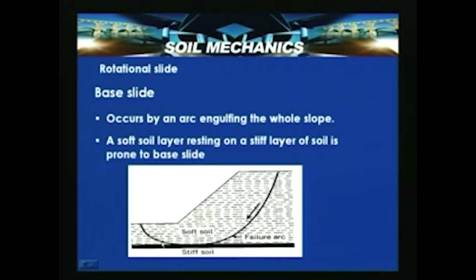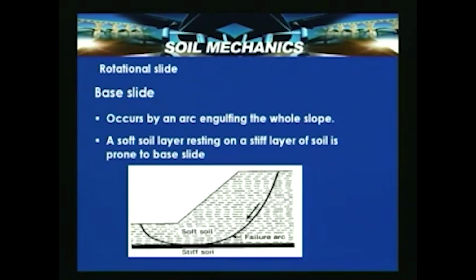Let us look at how the base slide failure can take place. This is one of the types of the rotational slide. Base slide occurs by an arc engulfing the whole slope, and this can occur when there is a soft soil layer resting on a stiff layer of soil, or suppose you have got a soft foundation soil and then you construct an embankment with a strong soil or a stiff soil or a